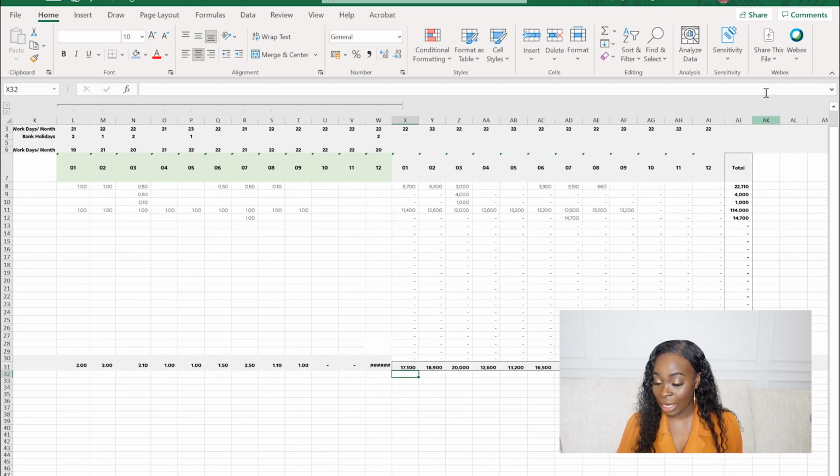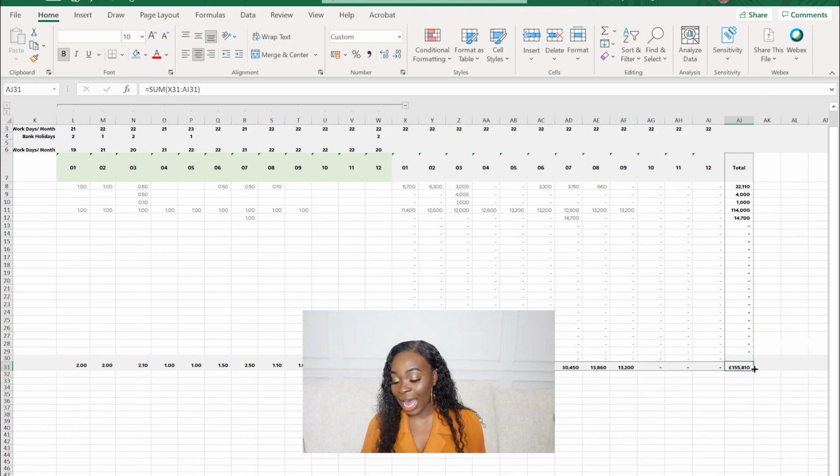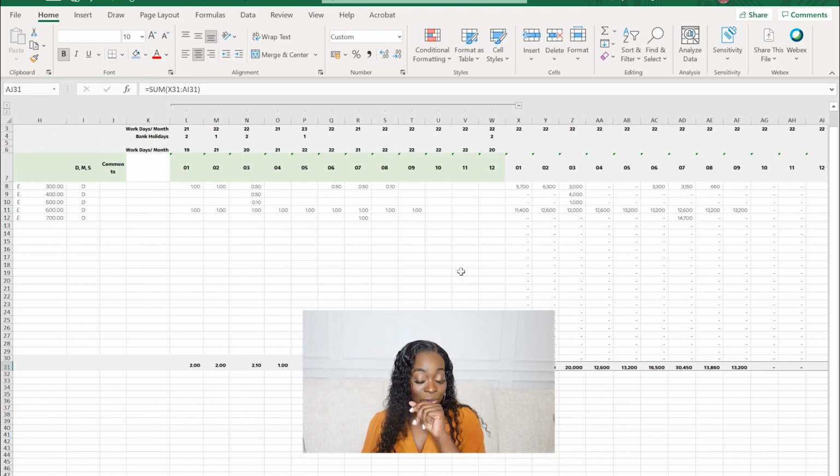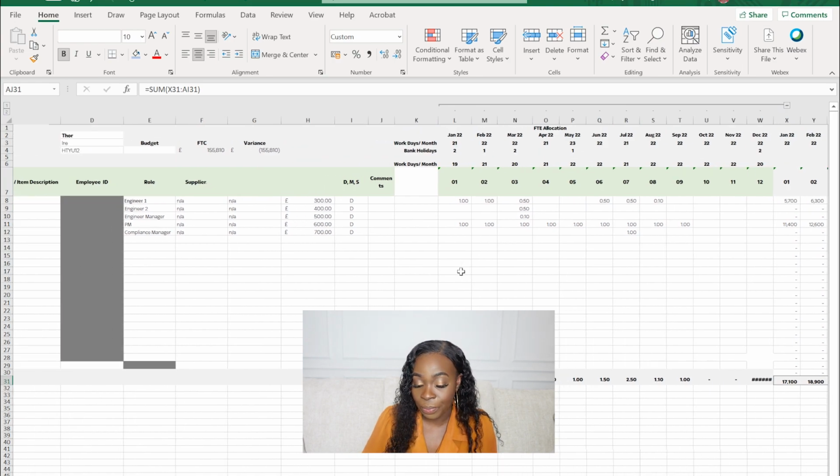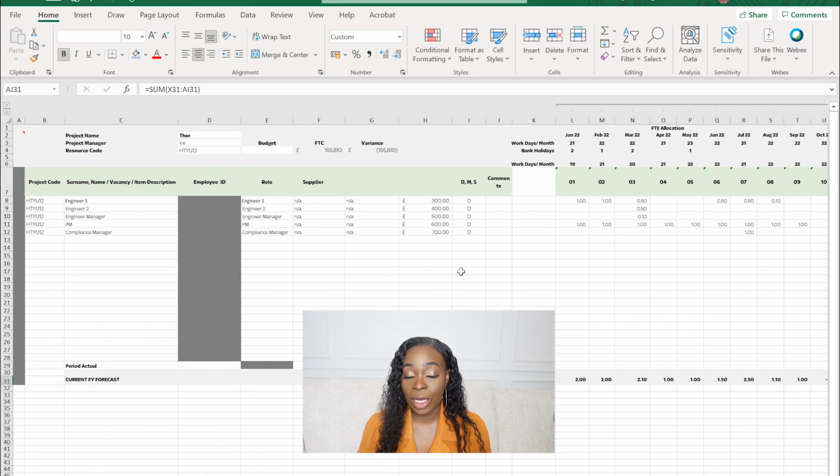Hope that's all clear. Just going to push that out there, and we can see that our cost for this project is going to be £155,810. This is just a small project, and resource alone is going to cost a lot. The last thing you should do, and I definitely think you should do because it will be really, really helpful for when you're reforecasting how much you've actually spent versus how much you're allowed to spend, is to just do